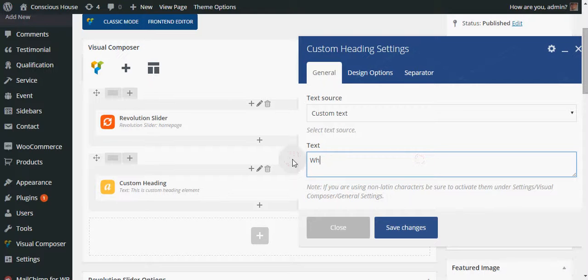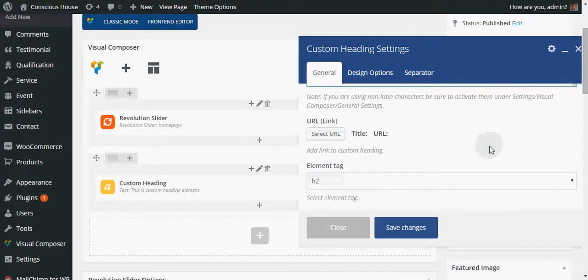So let's just say you were going to say why, or let's say what can I do for you, or something of that nature. It's basically saying, why should you use me? Or a question to them, or a statement about yourself, because the information is going to come under this heading. Once you've got that in,